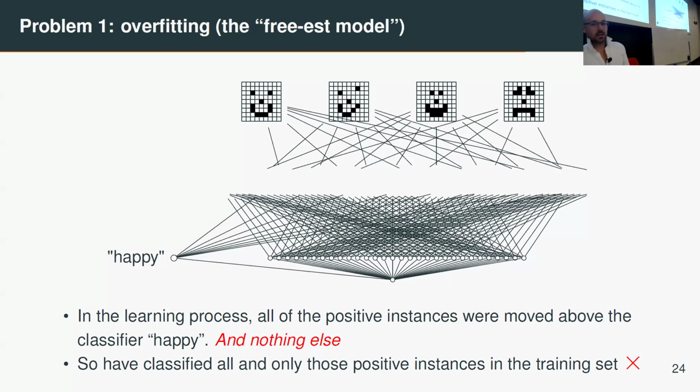And in the end, if we want to know if a happy face was a happy face, we just see whether happy was less than or equal to that constant, was less than or equal to this sum. But you can see what happened here is that because we only imposed those collapses, the only pictures that will be above the word happy are exactly the ones in our training set. So this is like almost perfect overfitting, where you will have learned exactly and only the training set. So it's a useless classifier.